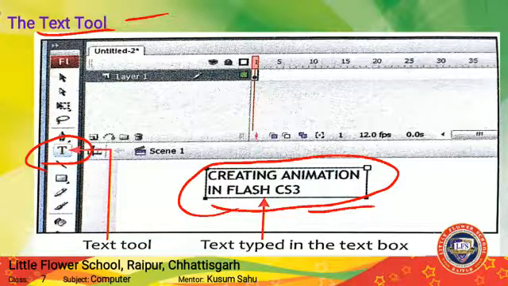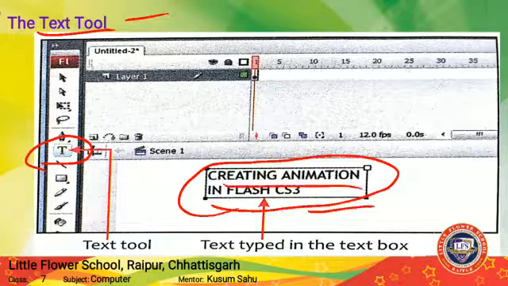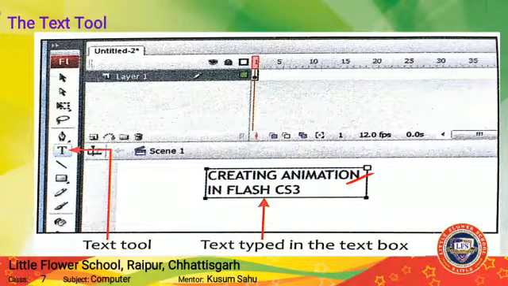You have to write the text within the box. We write the name of that particular thing. If you want to type on the next line, just press the enter key. If we want to come to the next line from here to here, we just have to press enter. So the cursor will appear here and you can easily write the text there. So here is all about how to use the text tool or how to write text there.